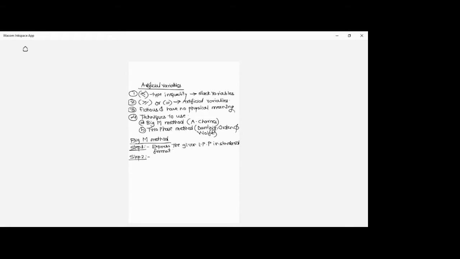Even in this Big M method, we are going to consider both slack variables as well as artificial variables. So we have to add slack variables to the constraints that have this type of inequality, less than or equal to, similar to what we have seen in a few numericals earlier. If there is a less than or equal to type of inequality, we are going to add the slack variables, and subtract